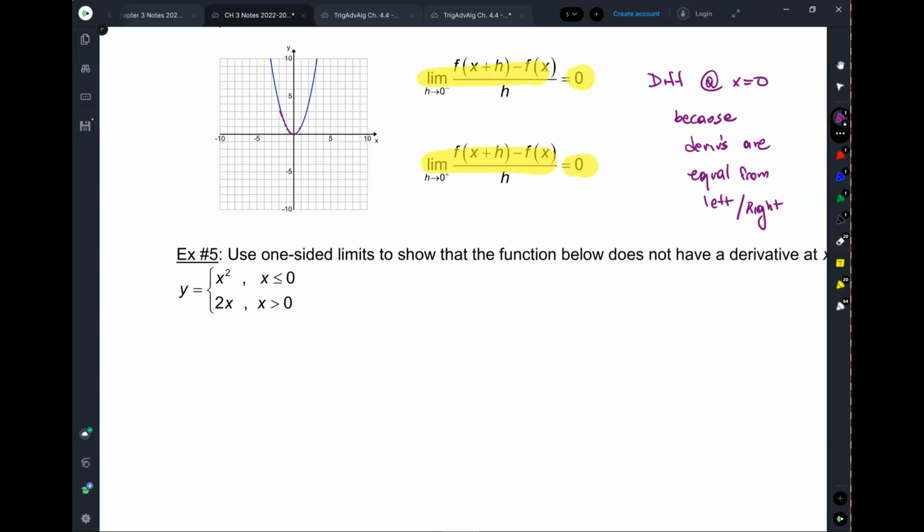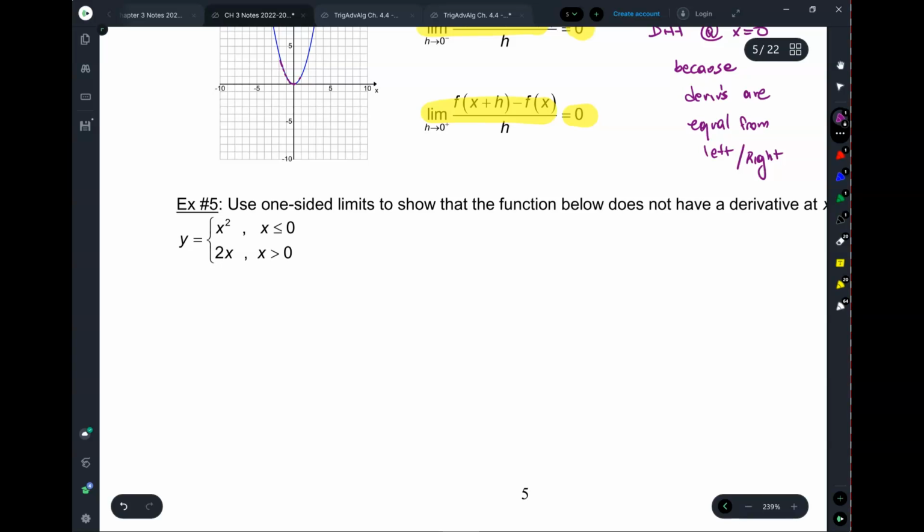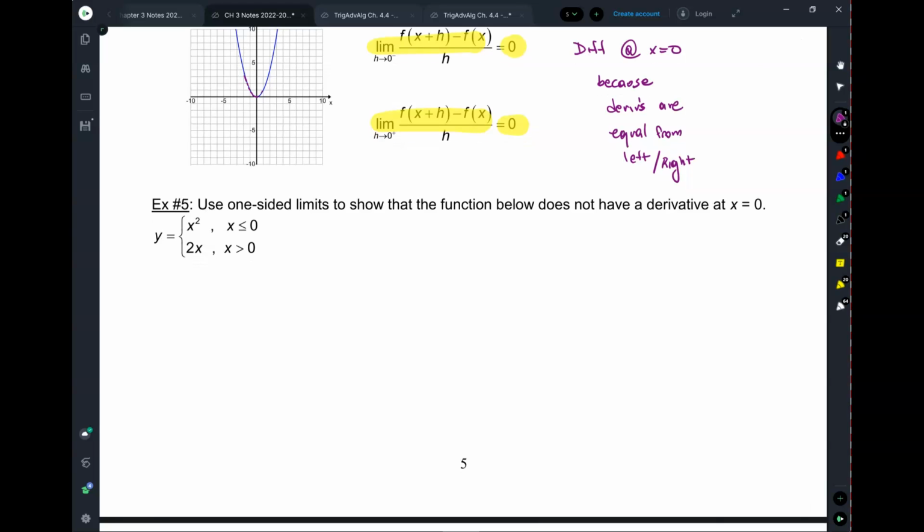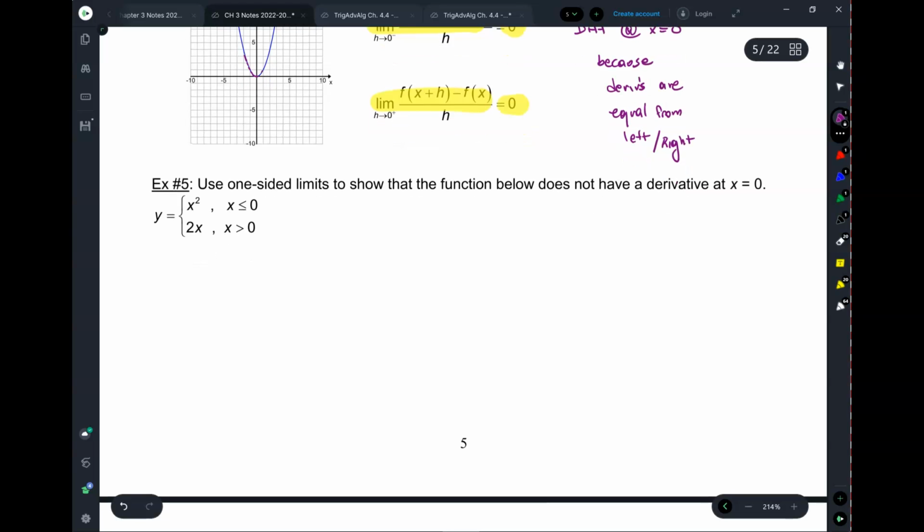It's going to be like this. So take a look at this one. This is a good one to show. So use one-sided limits to show that the function does not have a derivative at x equals 0. So what we're going to do is for the left and for the right, this is the left function. We're going to